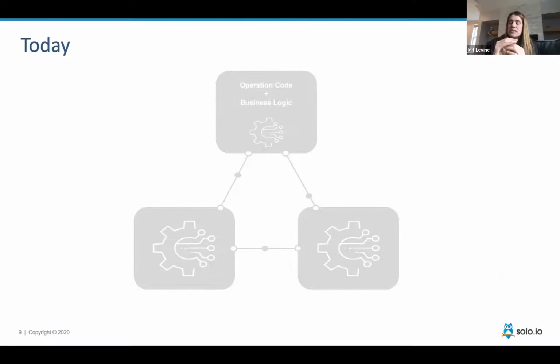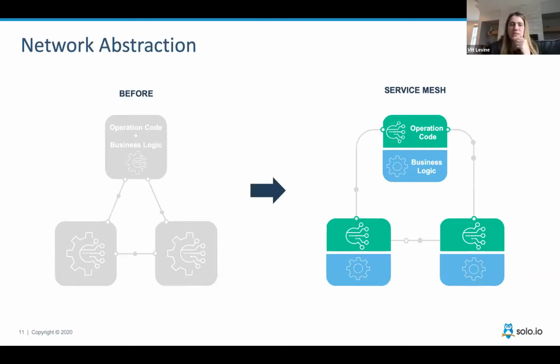And that's causing a problem because once the business logic is located together with the operation code, that means every time something changes in some library that you expose because of the operation, you will need to redeploy the microservices and create a new version, even though you didn't change the business logic of your application. So that's creating a bit of a problem.